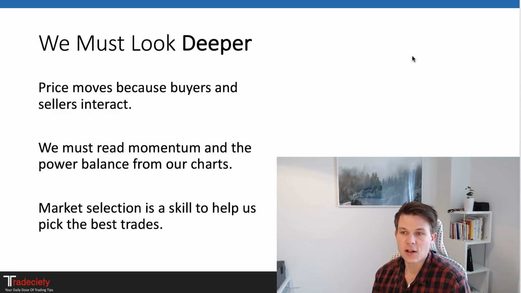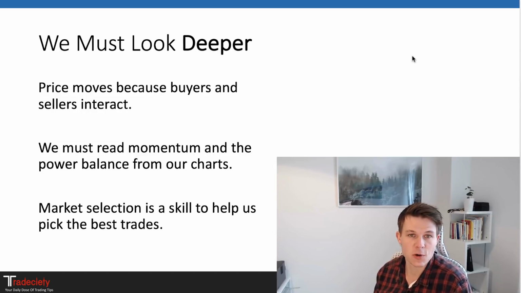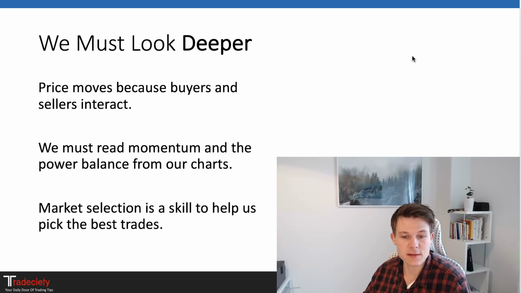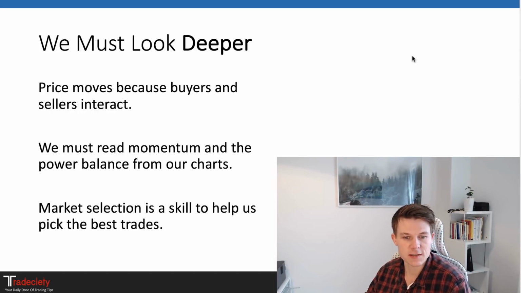We must understand how to read momentum from our charts. We must understand how to read the buyer and seller balance. And there are very specific clues, as we will see shortly. The market is following a universal and timeless rhythm and patterns. This is not that complicated, but many traders are not even aware of it. And most books or sites never talk about it, because of course it sounds easier if you just tell another trader, just use the 14 period moving average and then look for a cross, and then everything will be all right. But that's just not how it works, and I really want to get this point across today.